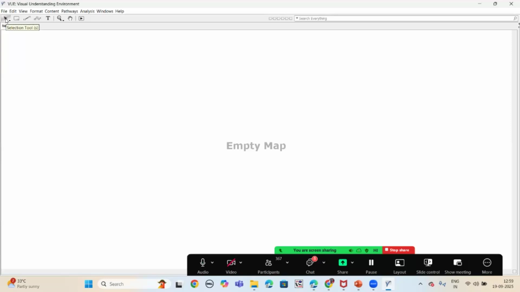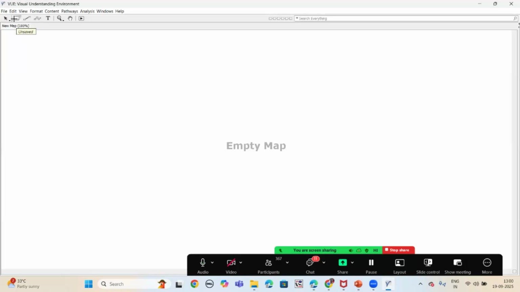Under this menu, you will find a tool menu. In this tool menu, you will find a selection tool, the node tool, the link tool, the rapid prototyping tool, the text tool, the zoom tool, the move canvas tool, and the playback slide tool also. If you want to create a mind map, firstly, as we have discussed, all concept maps or mind maps should have a central idea, and we are creating the concept map here.